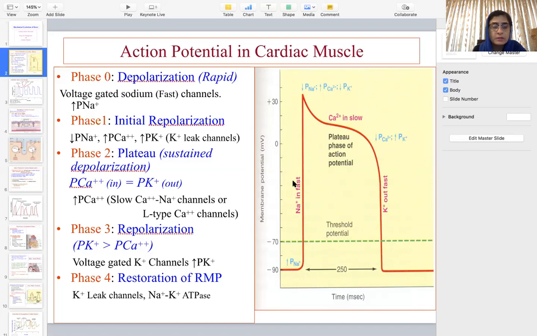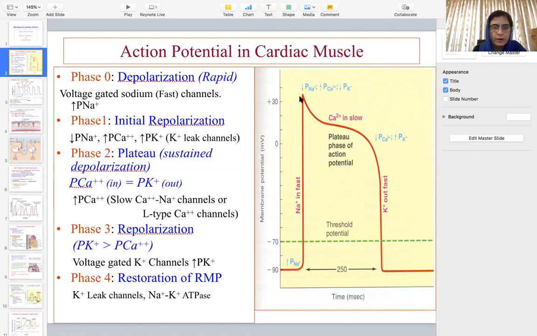Please don't forget, this is not phase 1. The phase of depolarization is phase 0, in which you know that the fast voltage gated sodium channels open and cause influx of the sodium ion, and this occurs in 10,000ths of a second. They are very fast to open. They are voltage gated channels which, when the voltage reaches minus 70, and that is the threshold, open and there will be influx of sodium ion inside, and that causes phase 0, which is called the depolarization phase, and brings the potential from minus 90 to plus 30.